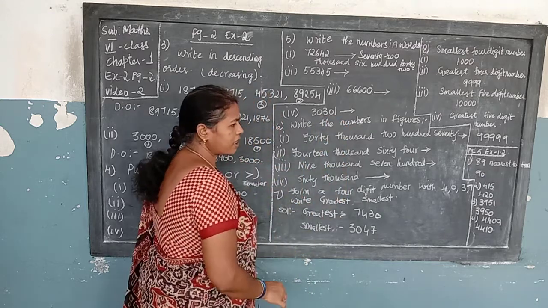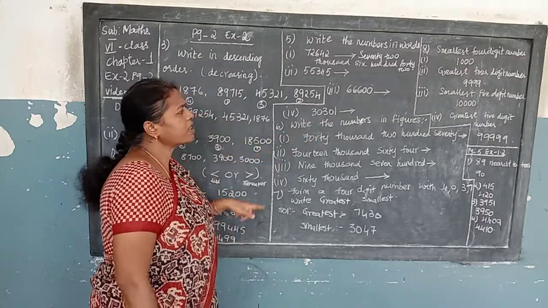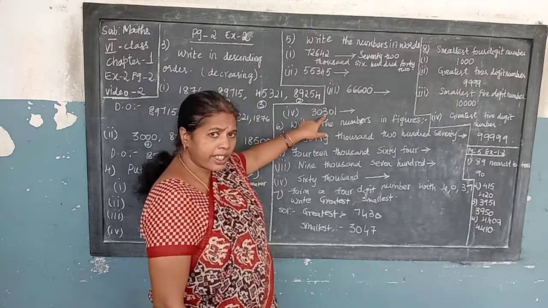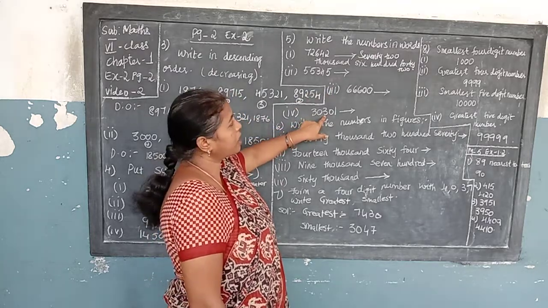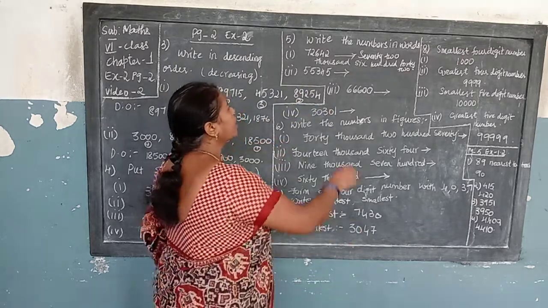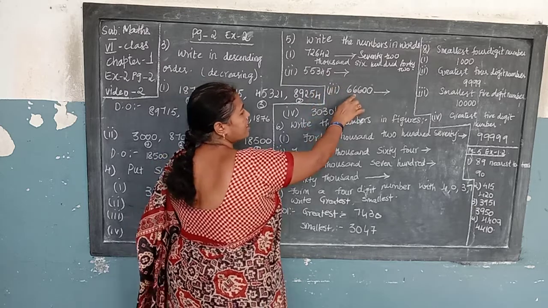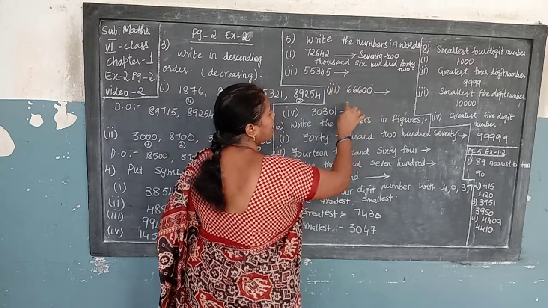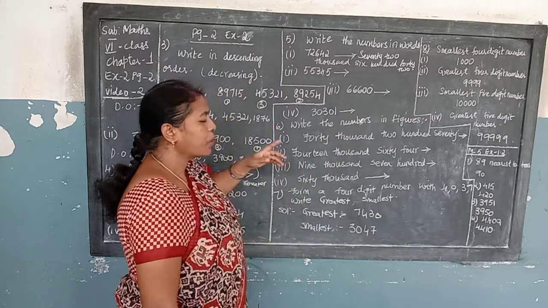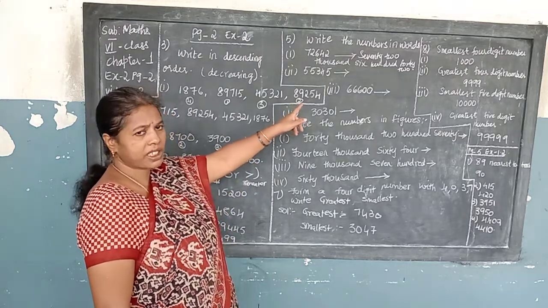Next, this one, what, children? 30,301. Next, sixth one, second one, third one, fourth one. You can write on your own now. Can you all write? You should write, children. See, I have repeated a third time. Okay, next. You should write it in your classwork as it is. Don't leave empty spaces like that.